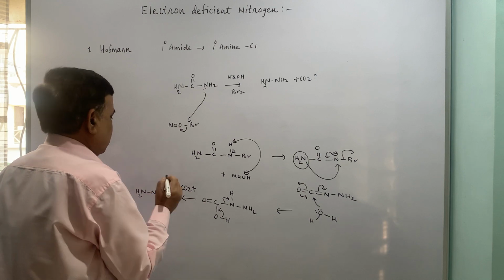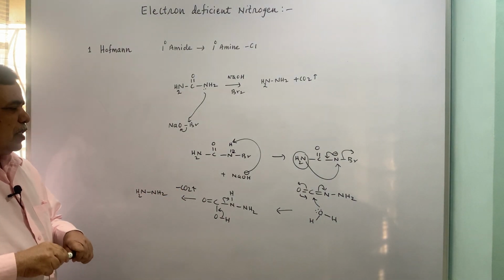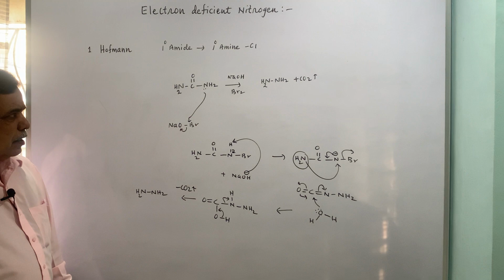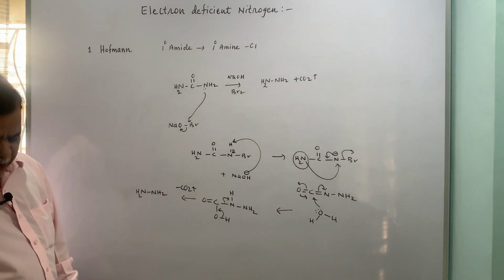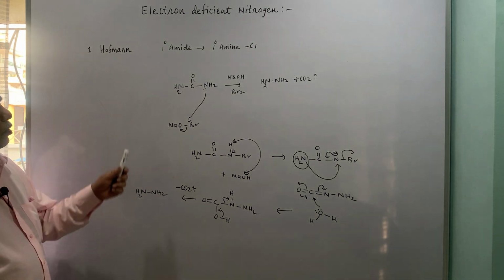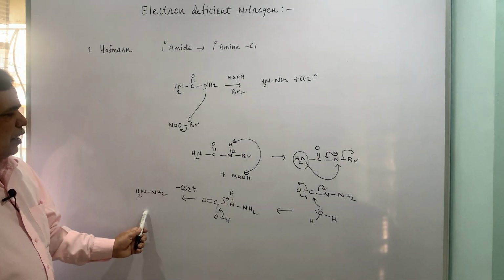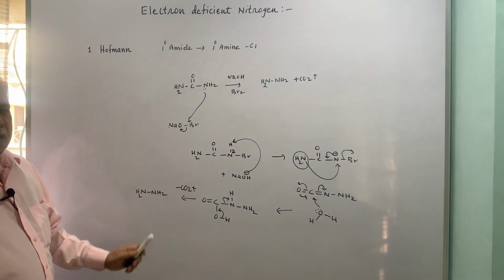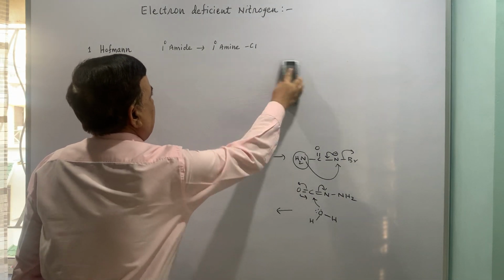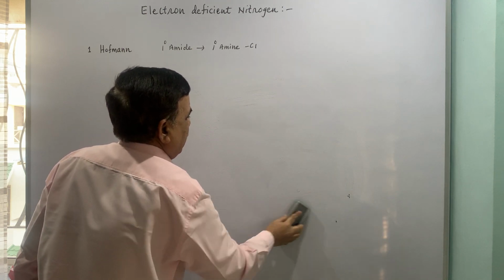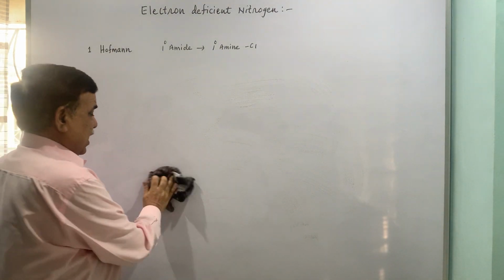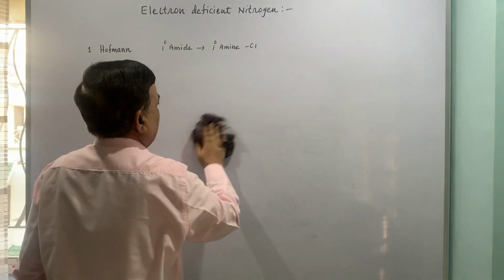So, primary amide becomes amine. Now, this is the simplest example. I am going to put some other examples also. We will see some other examples also. So primary amide is becoming amine. Degradation because one of the carbons is lost as CO2. So this is Hofmann's degradation of amide to primary amine, and it's also known as Hofmann's rearrangement because you are getting the rearrangement of the skeletal structure of the molecule.